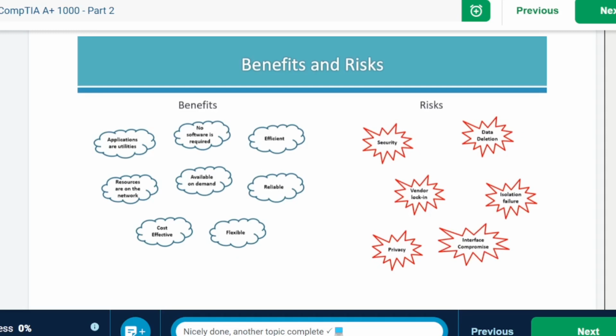Another risk is management interface compromise. A management interface compromise is caused because sometimes the interfaces are inaccessible through the internet. Some kind of a connection or a piece of equipment isn't always available. So those are your interface components, and sometimes that causes you a little bit of difficulty. Another risk you run is the risk of vendor lock-in. This is because once you've chosen a cloud service provider, you become dependent on them because it's very difficult to change your data over to a different service provider. And then finally, you run the risk of isolation failure because on occasion, the device designed to isolate storage or memory or routing to a different user fails.